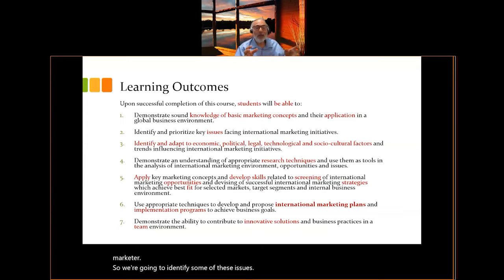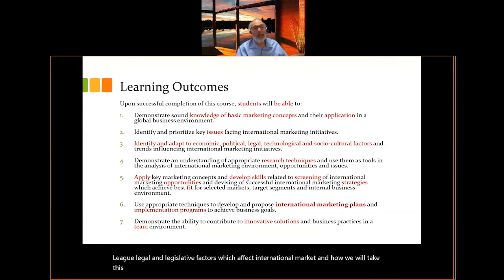We're going to also see how we can identify the key political, economic, socio-cultural, environmental, technological, legal, and legislative factors which affect international market, and how we will take this and factor them in our thinking and our planning, right? We're going to also learn how to do some quick research using maybe